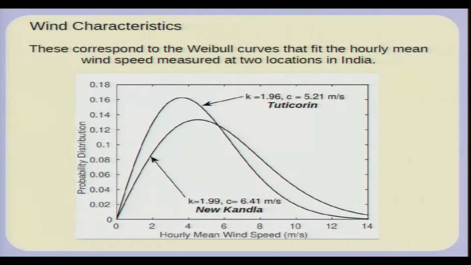So, for example, a study was carried out at two different locations, one in Tuticorin and one in New Kandla in India, and you will find that the mean wind speed characteristic, the probability distribution, is like this. So, for example, you will find that around 2 meters per second, if you take the area under this curve, it will give you the amount of